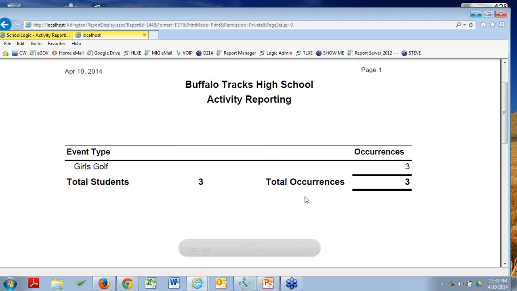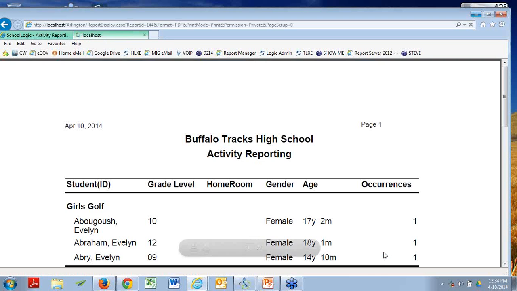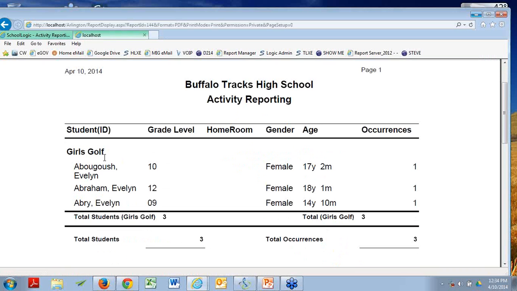Now, let's go by type instead of by student. Simply a list. It's just a counter. How many kids do I have? I have 3 kids. Okay, so I could go by type, and I could get really quickly how many kids are involved in each of my 148 activities if I picked all 148 of them. Now, the detailed reports, which I think you might like a little better, let's go by type, and I say detailed, and this looks exactly like the other student report we had. By type, here's detailed information. Okay? As opposed to summary information, I would have just got 3.